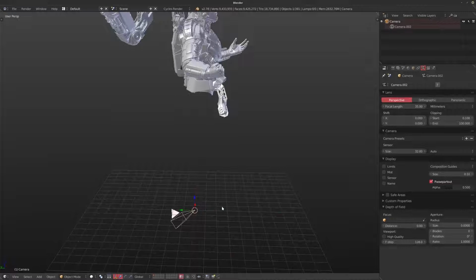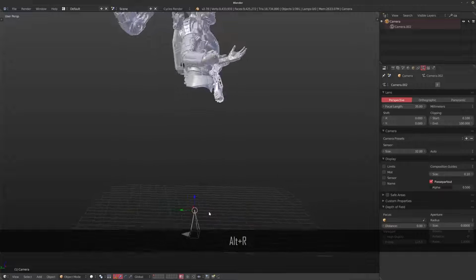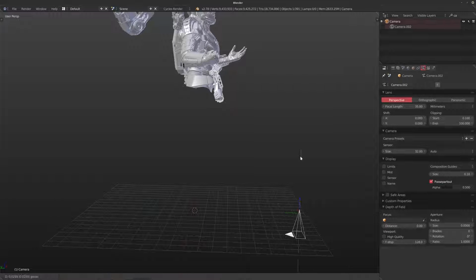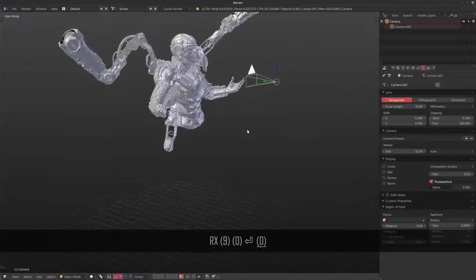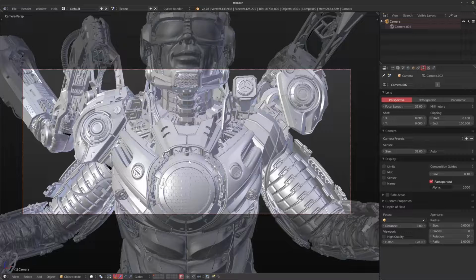So if you find that annoying, you can hit Alt-R to reset the rotation, and then you could bring it up and rotate it 90 degrees on the x-axis, for example, to get sort of a nice front view from whatever you're doing. Now, before I get into this, I want to talk a little bit about the Passepartout over here, which is a really interesting feature.